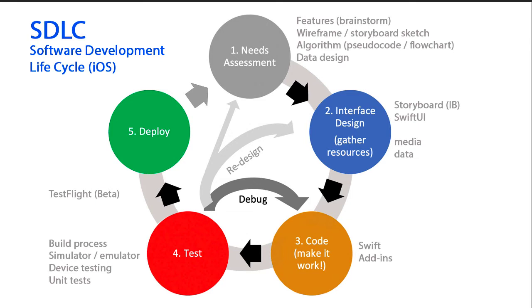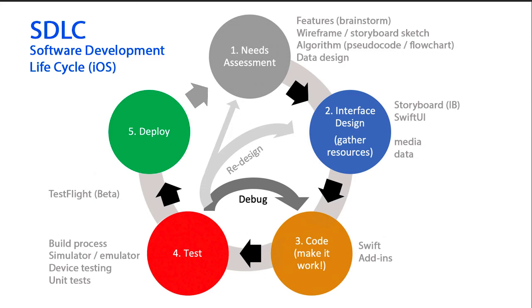We want to make sure our program works before we ever distribute it to anybody. So we talk about taking our code and our interface, and we're going to go through a build process, which is the compilation of that into code that can run on our mobile device, whether it be an iPhone or an iPad. We can test that in the simulator, sometimes referred to as an emulator,